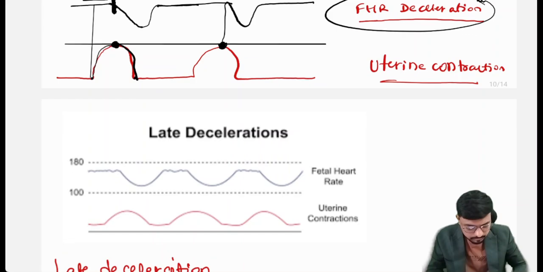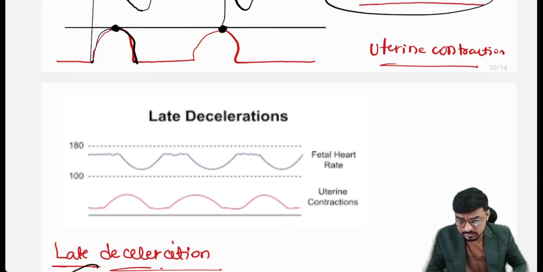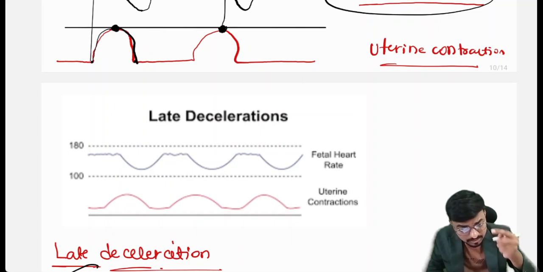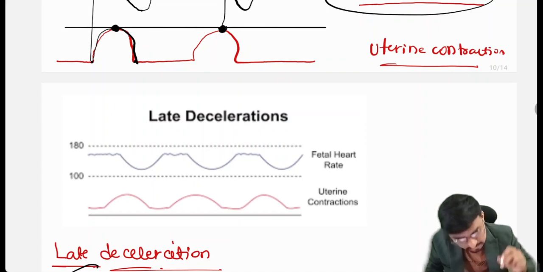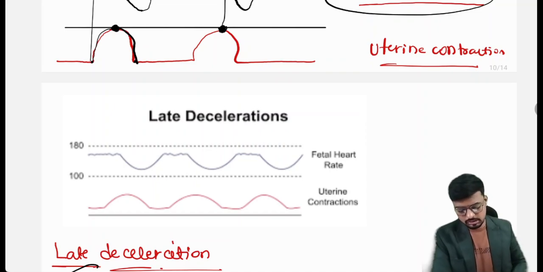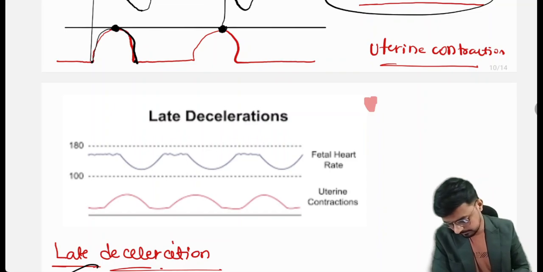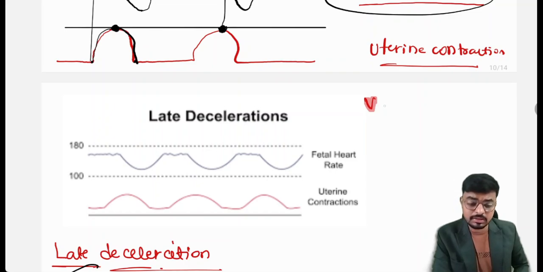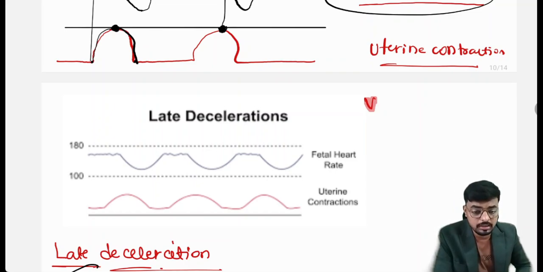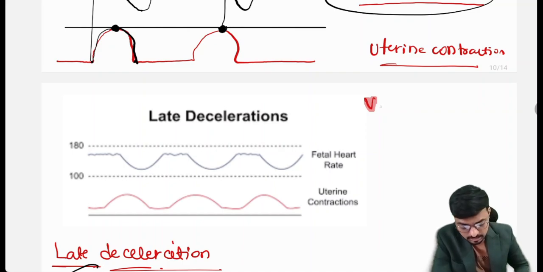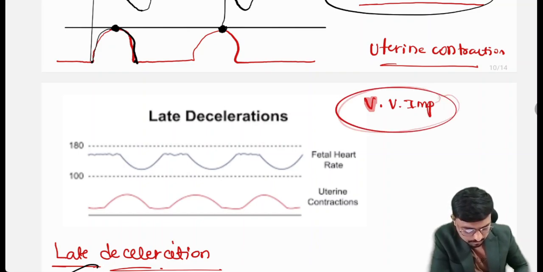that is the late. Okay, I have repeated this a thousand times because it is very very important, and in the next NARSET this question will come. The late deceleration will be asked in your exam, because the early deceleration image-based question was already asked, and the variable deceleration was already asked. The only remaining image is this one, so it will strike in your upcoming